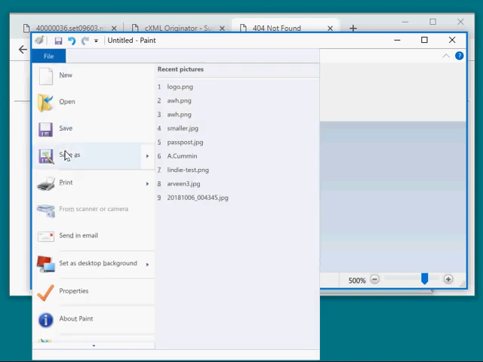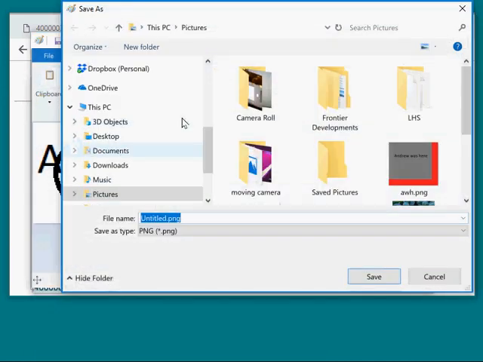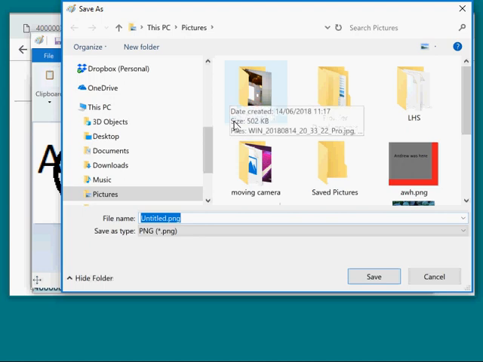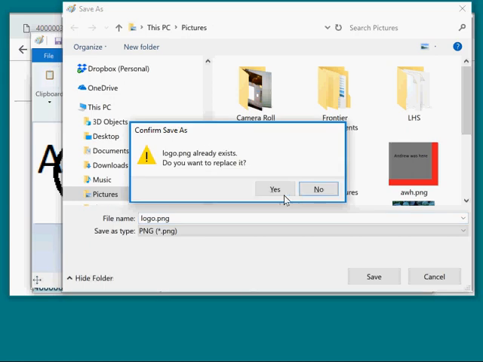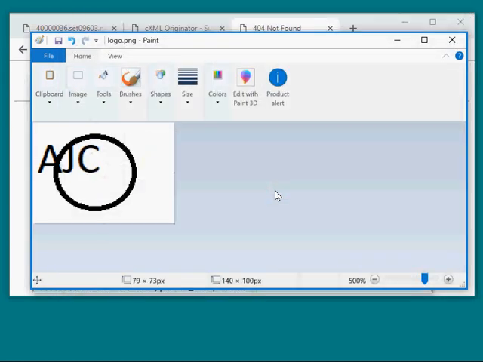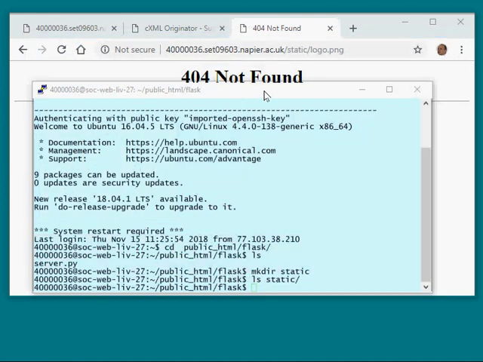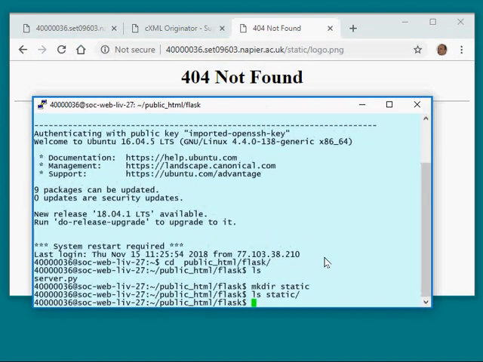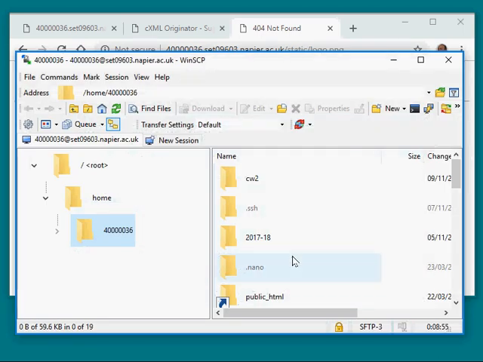Let me save that. Save as, and I'm going to save that in pictures. So I have to call it exactly logo.png, and I'll replace the logo that I did last time because that was rubbish. Okay, so that's my logo designed. Close that, and I'm going to use WinSCP to copy it onto the system. So WinSCP is an application you can get from online. It lets you log in. You have to have the server details,